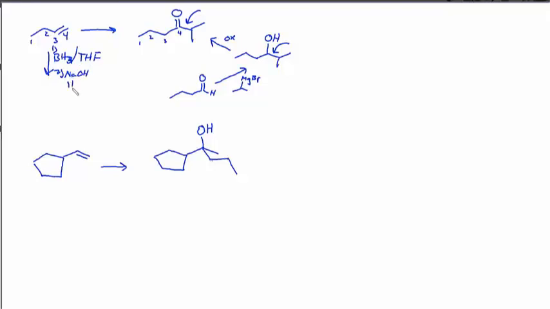So NaOH, H2O2 gives us the alcohol on the outer carbon of our alkene. Then we can oxidize that, let's use PCC perhaps, to the aldehyde. We can add the Grignard, that's our first step. Second step is, of course, workup with water, and then oxidizing again, we could use PCC, or we could